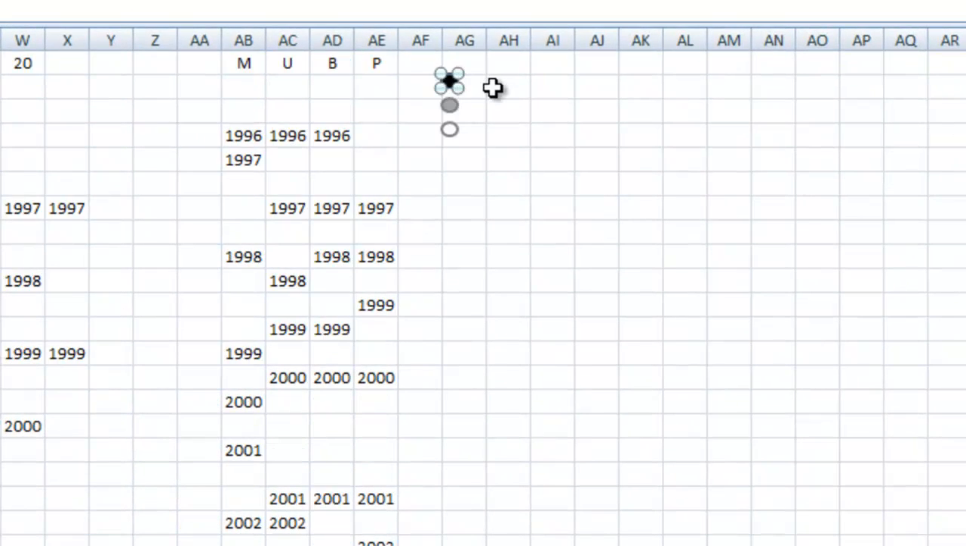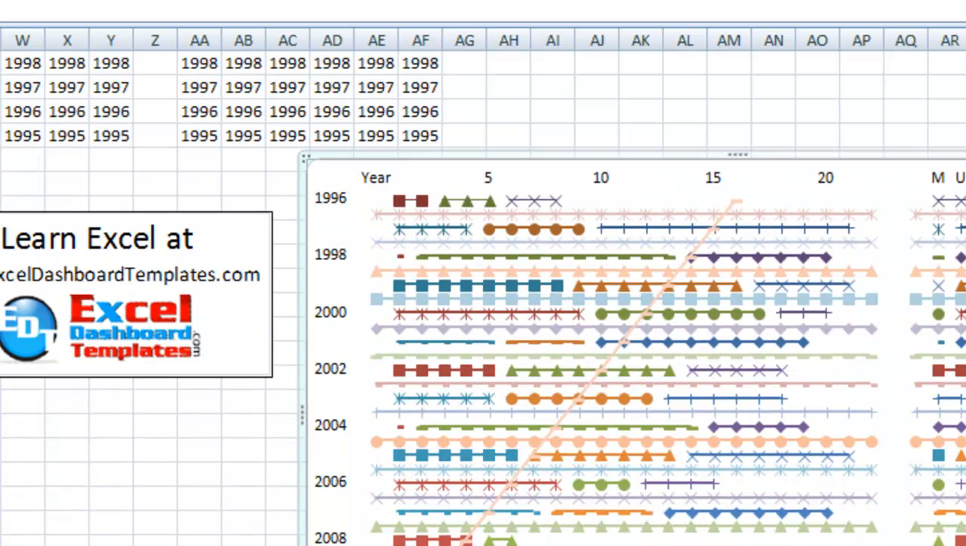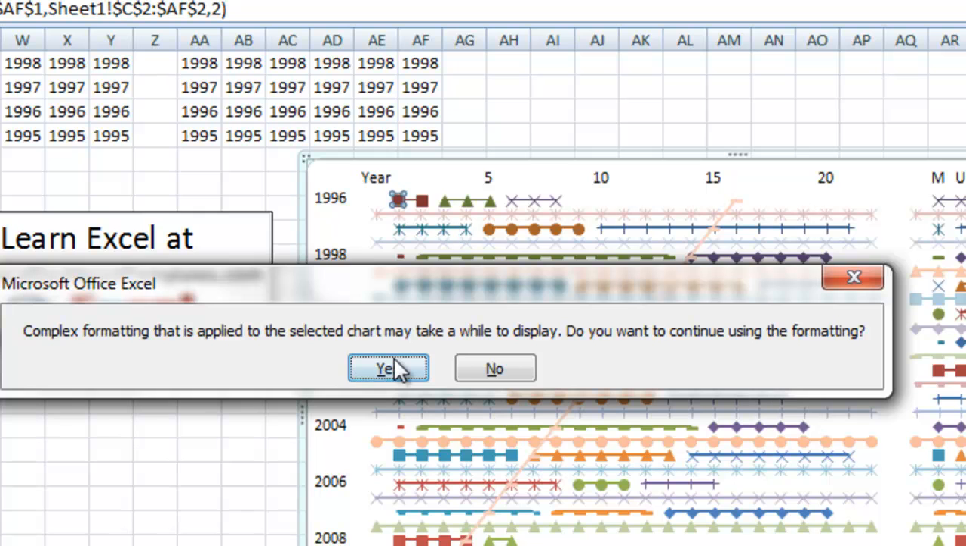Let's go find that shape that you've already created for wins. Hit copy, which is Control C. Then you want to go back to your chart, select your chart, and then select one of the ones that are wins. So I know that this very first one here is a series of wins. And if I do Control V, it's going to give me this